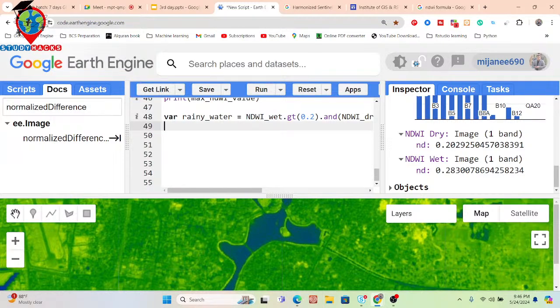So now let's check the result, what result I can get after doing these things. For doing this, I take a variable. Suppose I put the variable name water max. You can put any variable name. Water max equals, I call this rainy water. These things I want to update, so just put here update max. And what is my condition? My condition is this condition. I simply copy and paste it here.